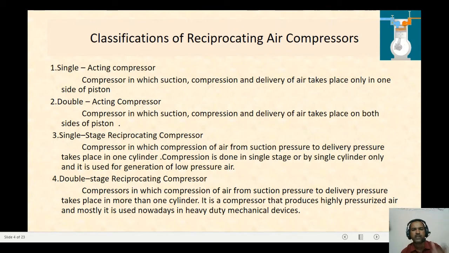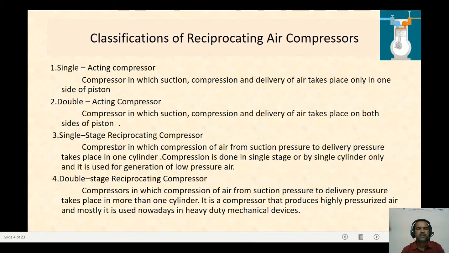So what you are doing, one side and second side piston ಇದೆ ಅಂತ ತಿಳ್ಕೊರಿ. So from one side, ನಾವು ಏನು ಮಾಡ್ತಾ ಇದೀವಿ, air ಅನ್ನು ಡ್ರಾ ಮಾಡ್ತಾ ಇದೀವಿ, and simultaneously from the other side the air will be discharged, and again from the other side the air will be sucked, and the first side the air will be delivered. So simultaneously from both ends of the piston the air will be admitted and the air will be delivered from the other side, which is called a double acting compressor ಅಂತ ನಾವು ಹೇಳ್ತೀವಿ.